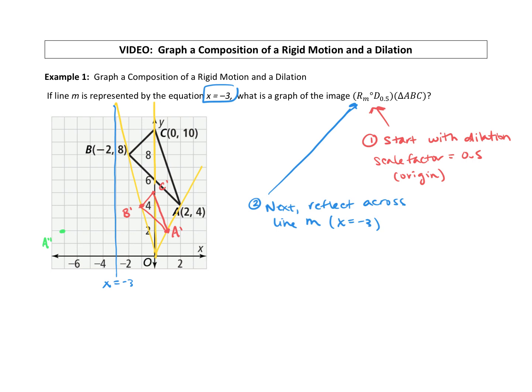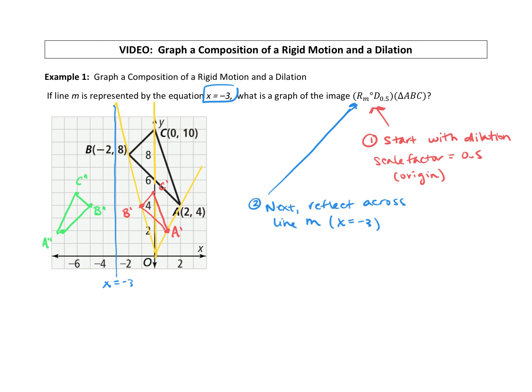Then we'll do the same thing with B. B is 1, 2 units, so go 2 units to the other side. And we label that B double prime. And then C prime is 1, 2, 3 units, so go 1, 2, 3. Label that one C double prime. And then we can draw in